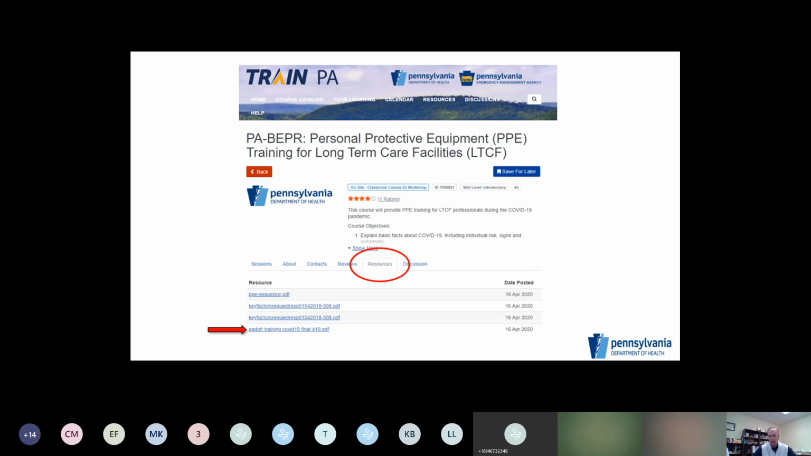Another area that you should be familiar with: you've gone on to TrainPA, the state's LMS, learning management system, to register for today's session. On that same site, for any of the classes that are offered, and there are 10 in this series being offered across the Commonwealth, under the session tab, there's a resources link. If you click the resources tab, you will see the handouts from today,